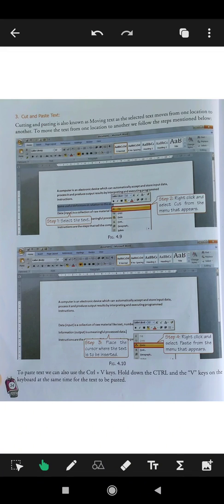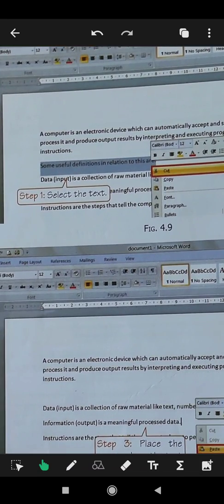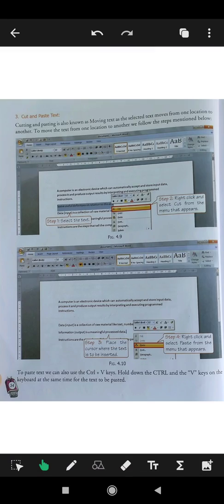So the steps are the same. You have to select this text and then cut this particular thing over here. To move the text from one location to another, we follow the steps mentioned below.